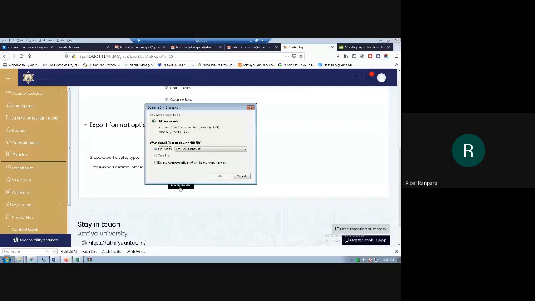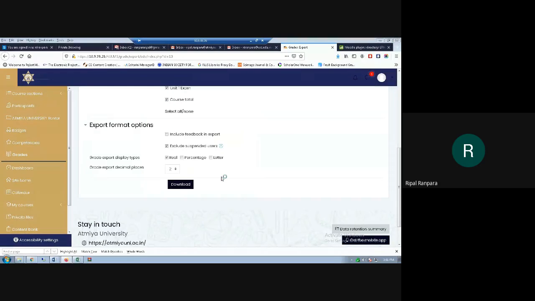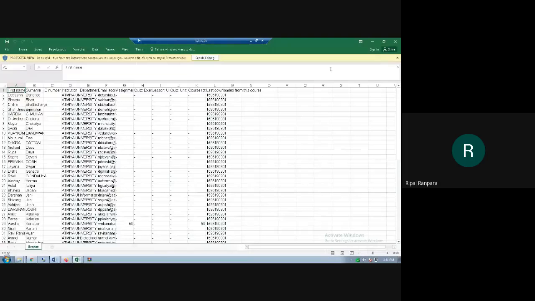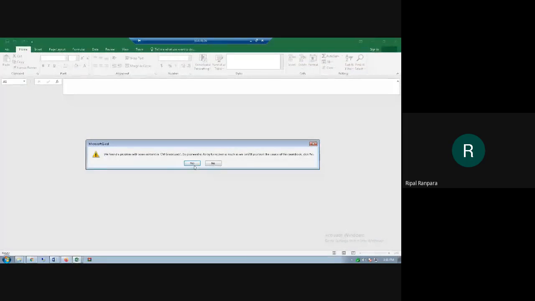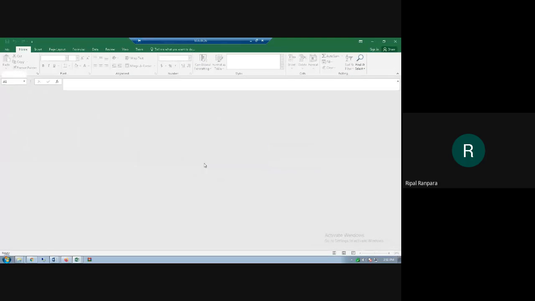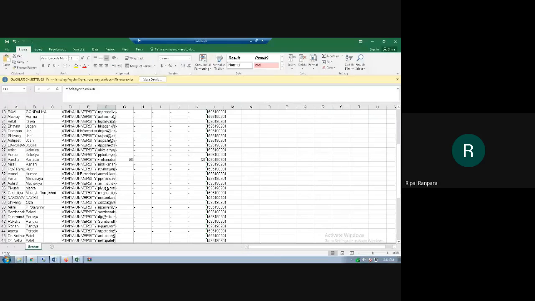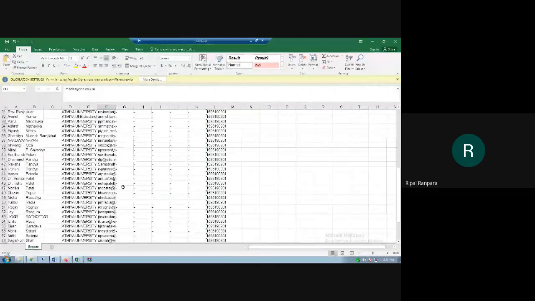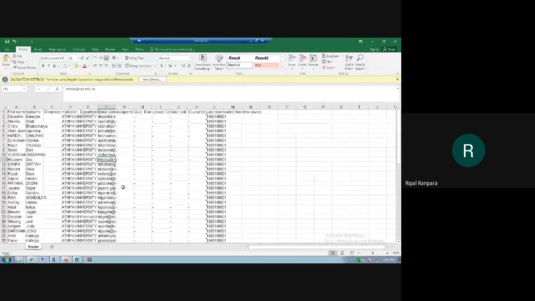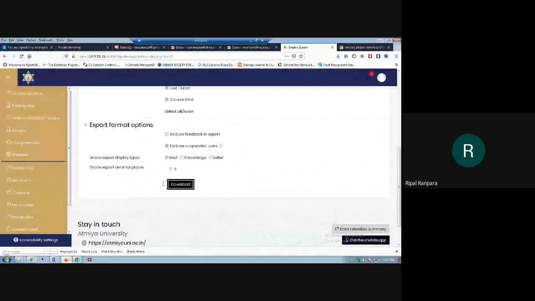Let me click on download and then open with. So as you can see, this is the status of the assignment: who has submitted the assignment and who has not submitted. Any query?